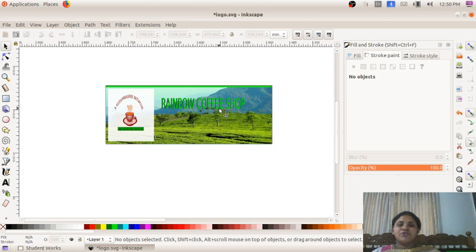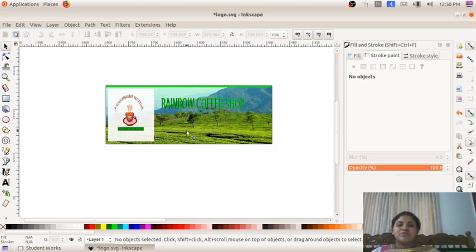After that we have to type Rainbow Coffee Shop. For that we have gone for the create text tool. After that we have typed Rainbow Coffee Shop. For getting a 3D effect, we take a duplicate of the text. After that, as we already know, using the right arrow key on the keyboard, we slowly press that key and we make the text in a more beautiful format. So this much we have completed.